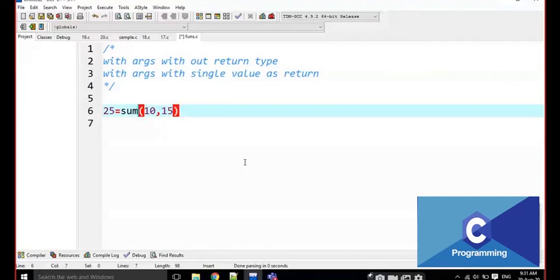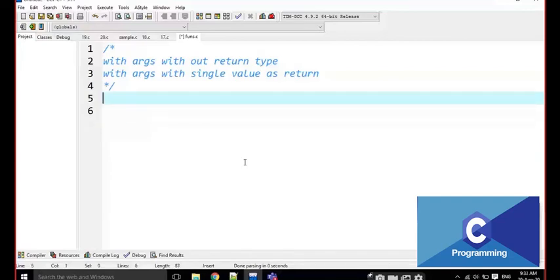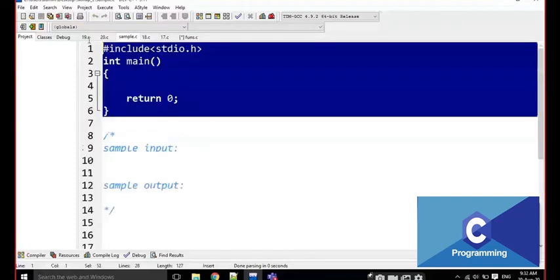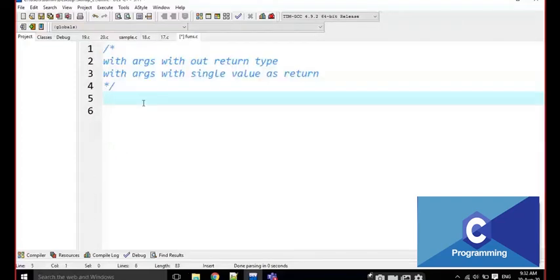Okay. First of all, I am going to write the sum of two numbers program using function. Just look at everyone. First of all, hash include. I am going to read two numbers, a comma b.